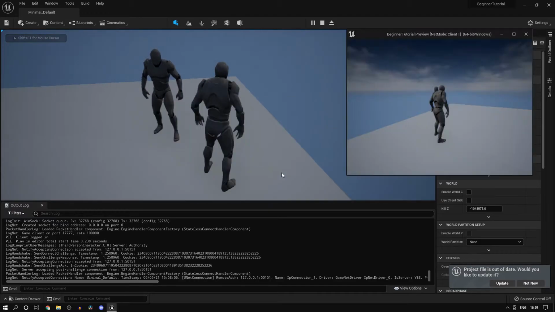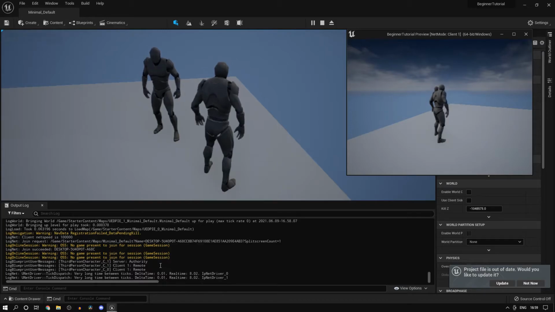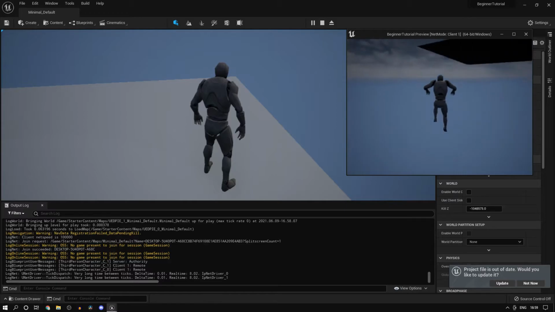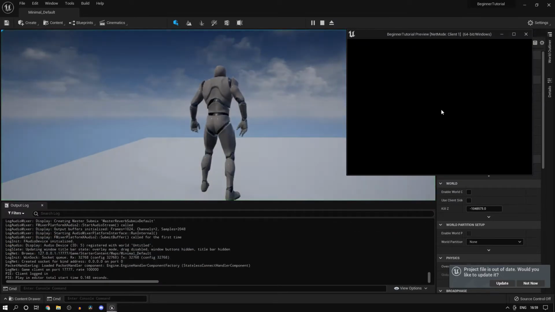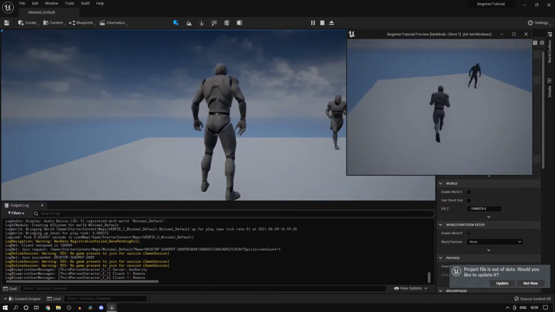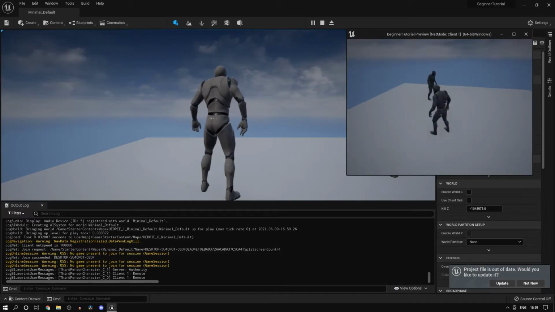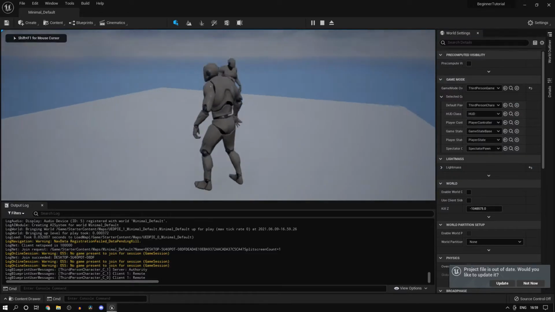Then once the client connected, the client character, I'm referring to this character that I'm controlling, I shouldn't have done that, but I'm referring to this character here, this one. So once the server spawned this character, it printed authority, and then once the client was initialized, it actually printed authority for this character that it's controlling and this character.